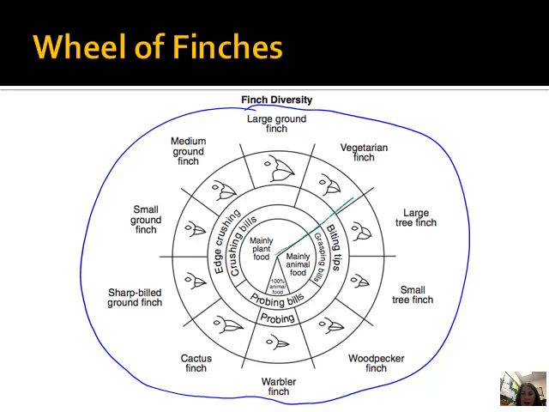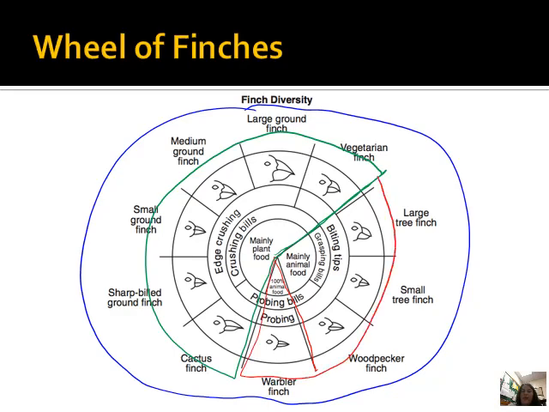So these organisms, which I'm using green, all of these organisms are going to compete for mainly plant food. All of these organisms are going to compete for mainly animal food, and I highlighted the warbler finch because the warbler finch can only